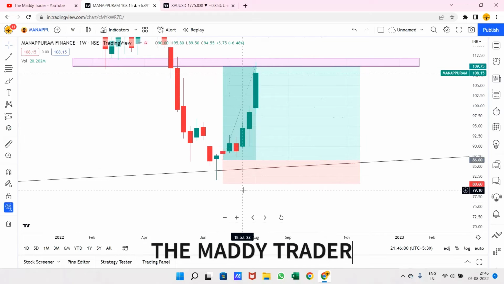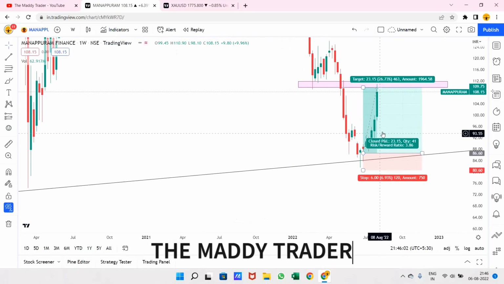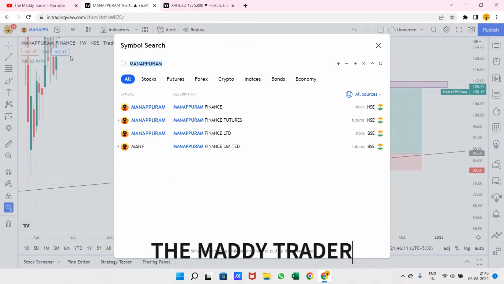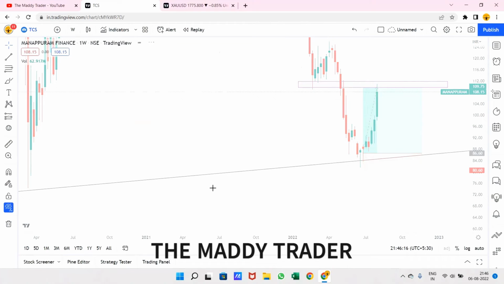So this is the simple psychology of stock trading. This is the simple way. You don't have to complicate it with trading patterns. This is the simple way of candlestick patterns. This is the basic, and you have to know that. So let's come to TCS,